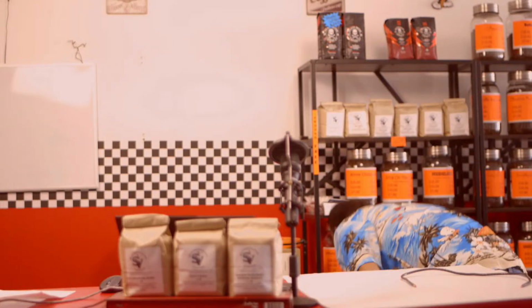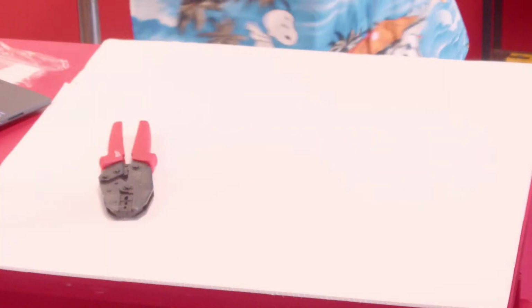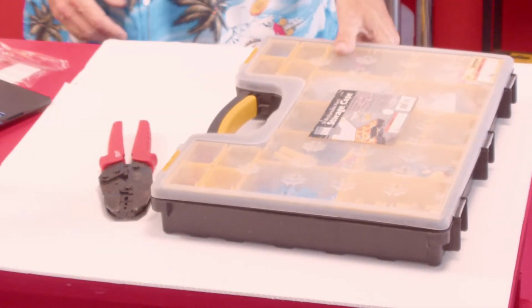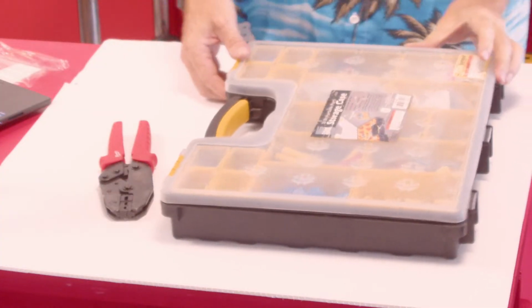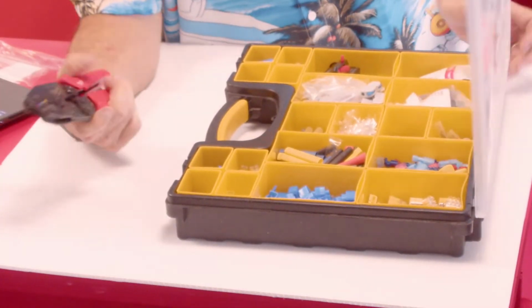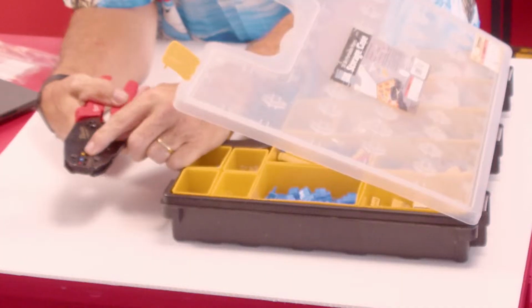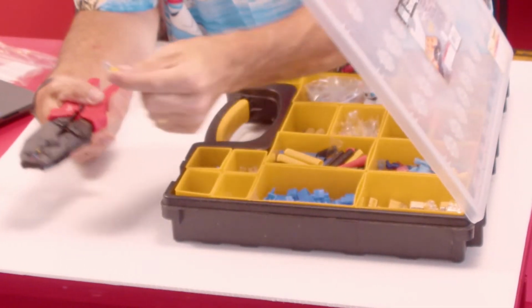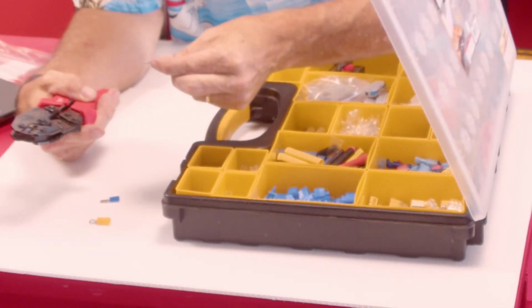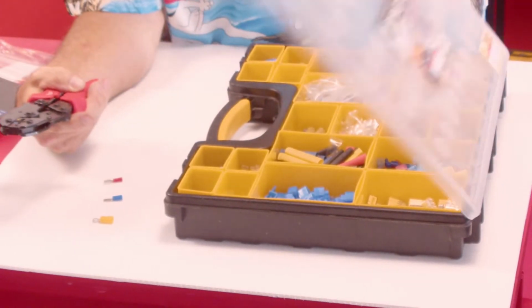Moving on to another crimping tool, but for a different purpose. Now this one is to crimp wire caps, and you'll see that I keep boxes of little parts and pieces like this. Now, the reason I do this is when you're using something like this, you'll notice this is color-coded, red, blue, yellow. So if I pull out a yellow connector, or a blue connector, or a red connector, it allows me,